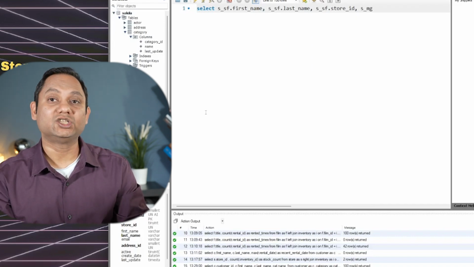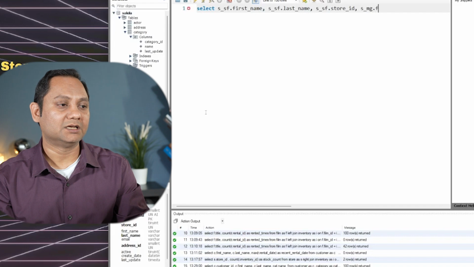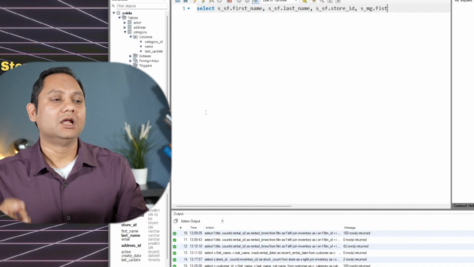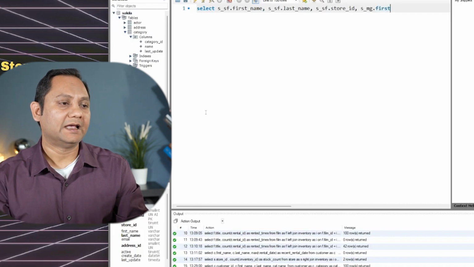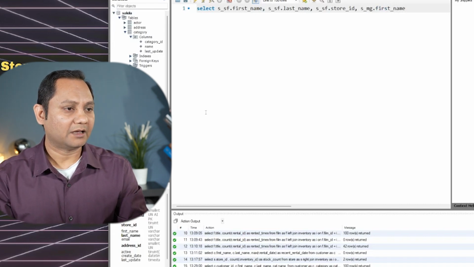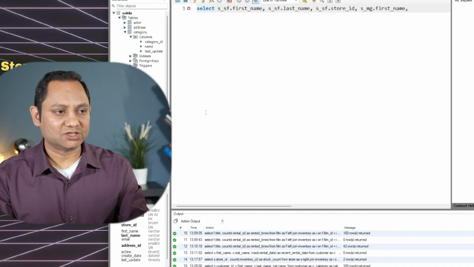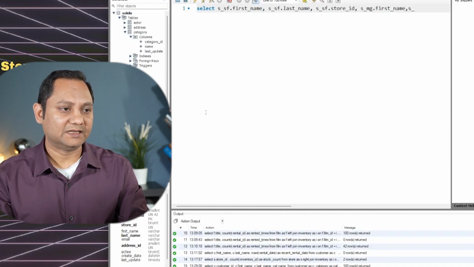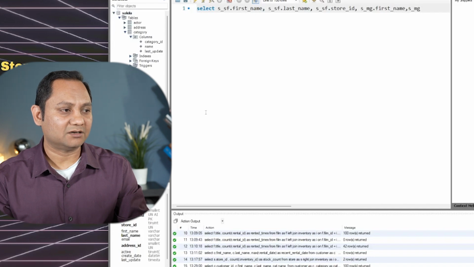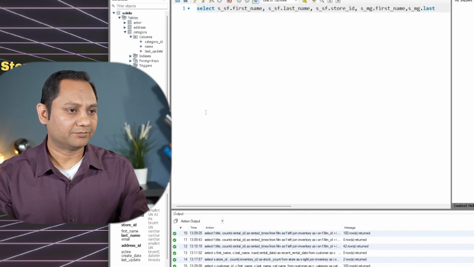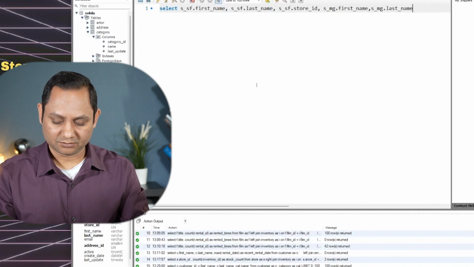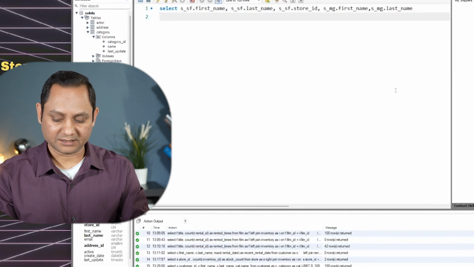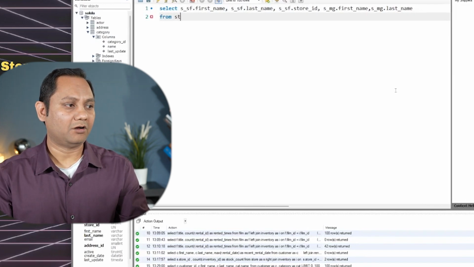I also want the store ID, so I'll say SSF dot store ID. Now I want the manager name, so I will call SMG dot first name. This is also the same staff table, but this time it is coming from the second alias, comma, SMG dot last name. Now I say from staff as